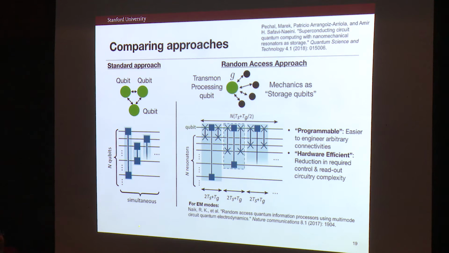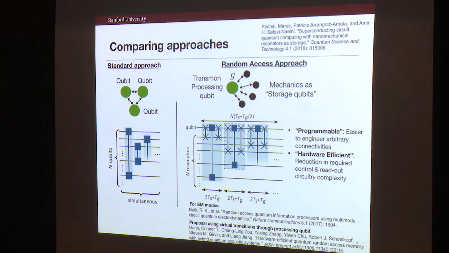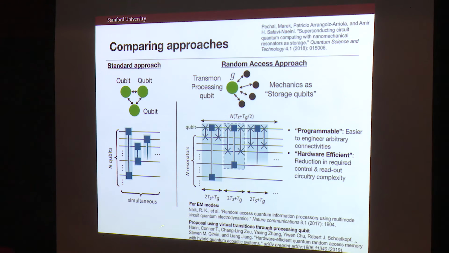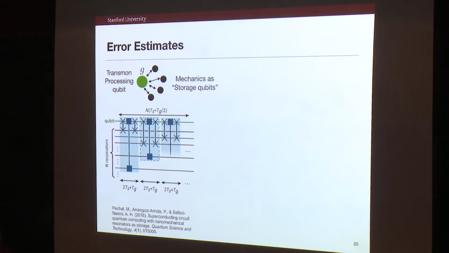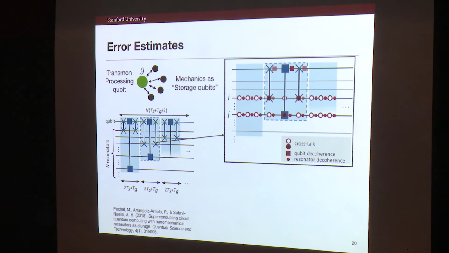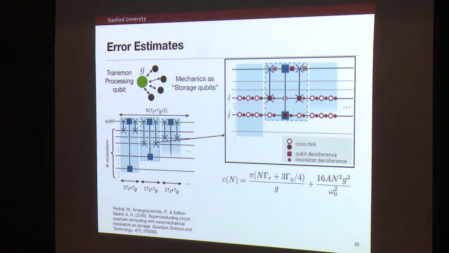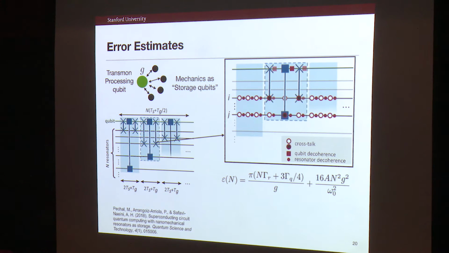Following Dave Schuster's work, we proposed this, and the people at Yale have also thought about how this can be done with everything in parallel by using virtual transitions. Okay. So to estimate the error, we have to take into account that these gates are being done serially, and we'll go through the details. But this is the result for the 2 qubit gate error that you would expect here, and it's pretty easy to understand.